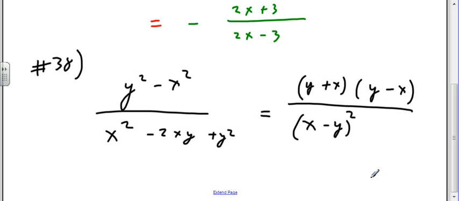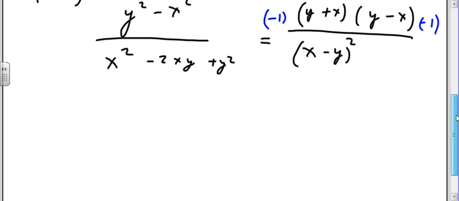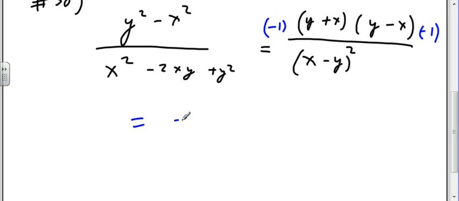Okay, so we'd multiply times minus 1 times minus 1. So I'd have minus x plus y